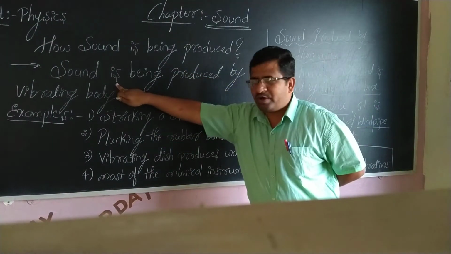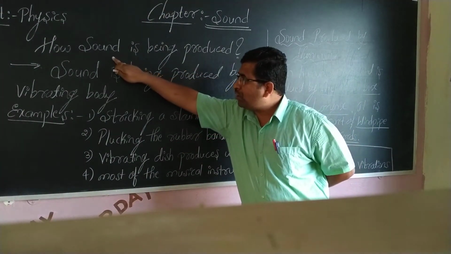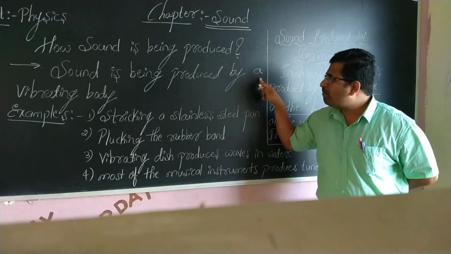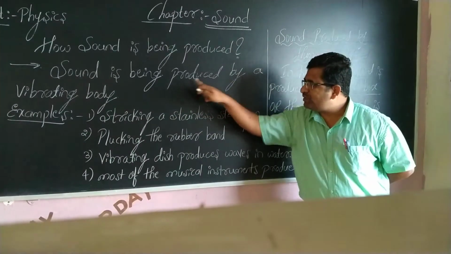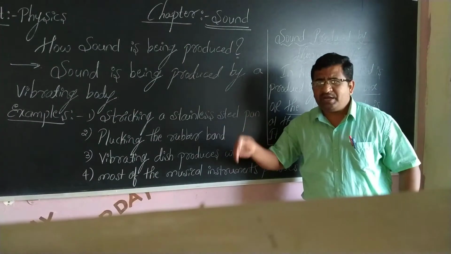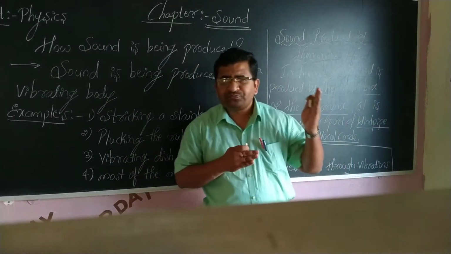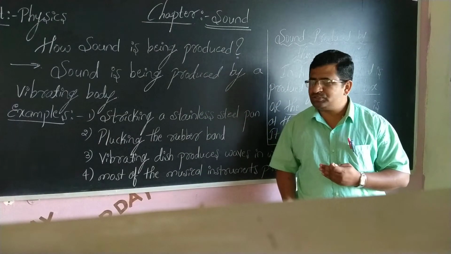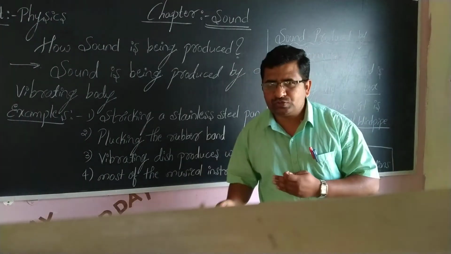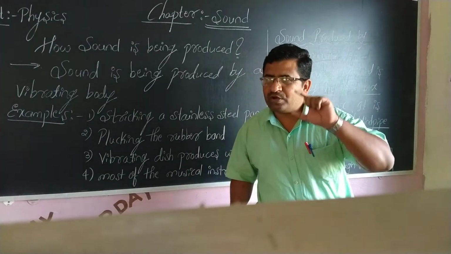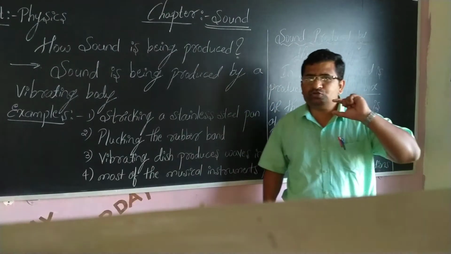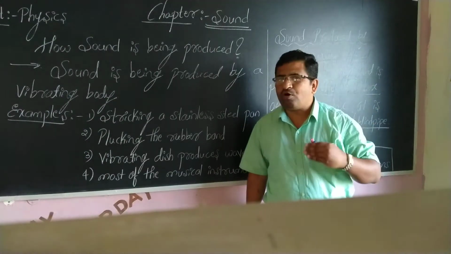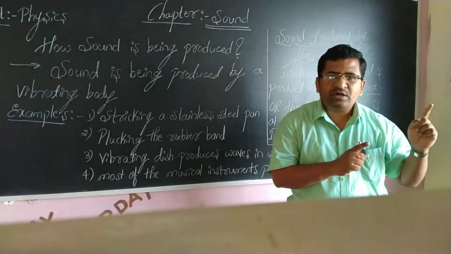So here, one more question: how is sound produced? The answer should be written like this: the sound is produced by a vibrating body. Any metallic or other substance, when it is made to vibrate or starts to vibrate by any external force, produces sound, and the sound produced by the vibrations travels some distance in the form of waves,